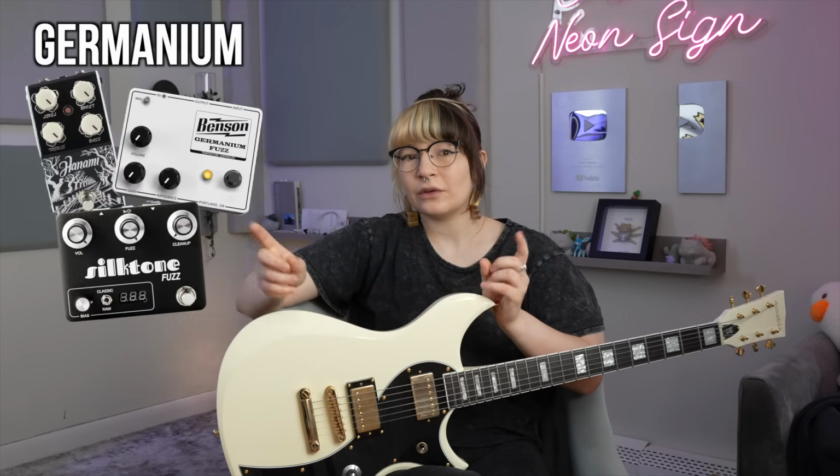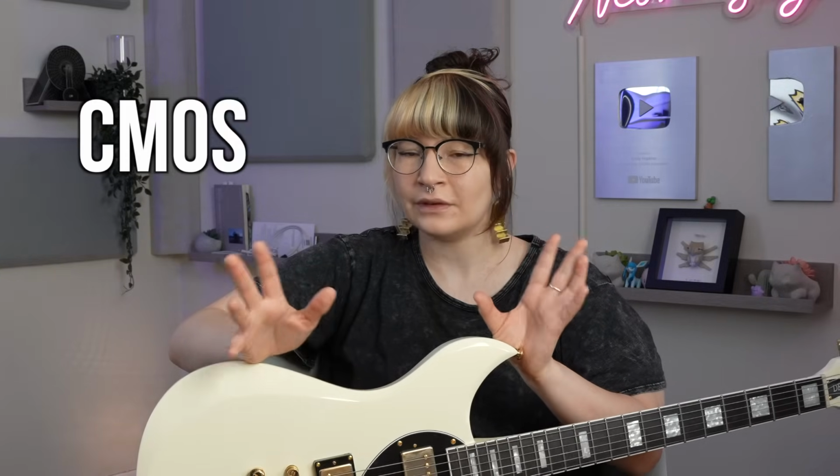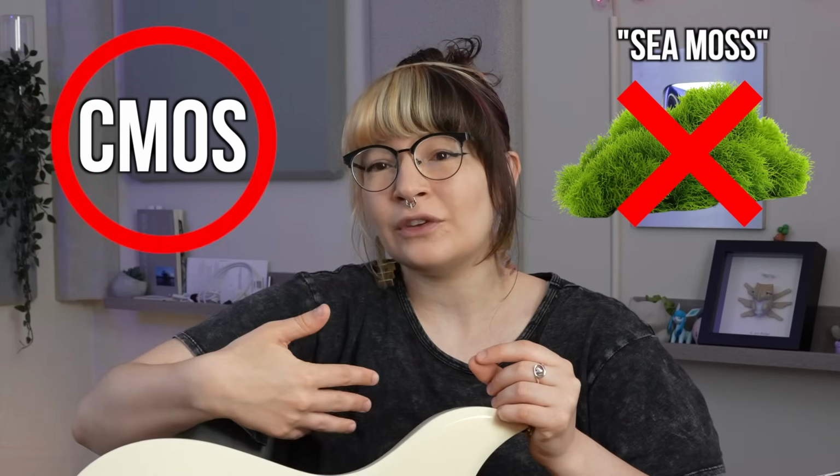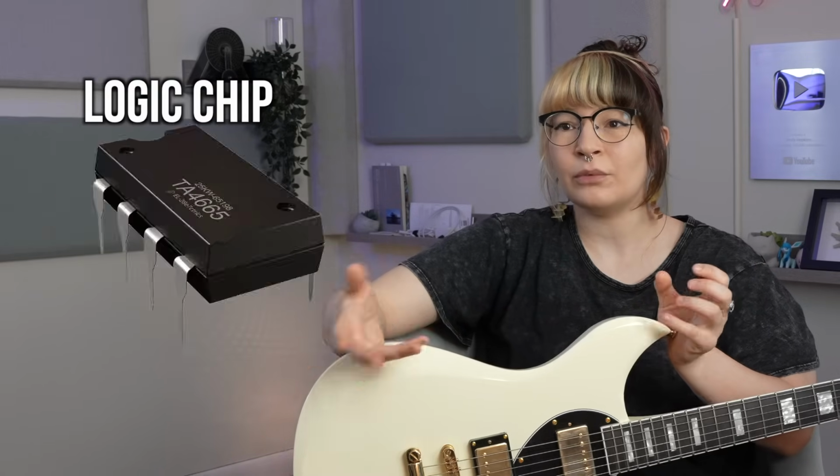Most fuzz pedals in my studio are either germanium like these or silicon like these. But today we're going to talk about probably the least common type of fuzz, CMOS. And we're going to talk about it because I think it's interesting and I don't see a ton of people talking about it. So CMOS fuzzes basically have a chip in them called a logic chip, which turns your signal